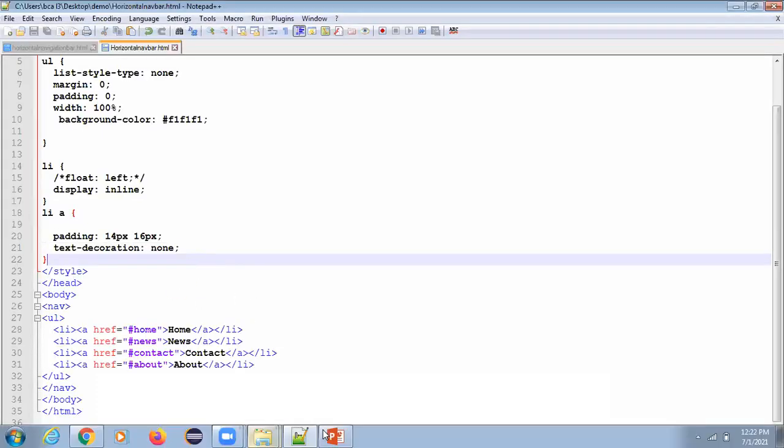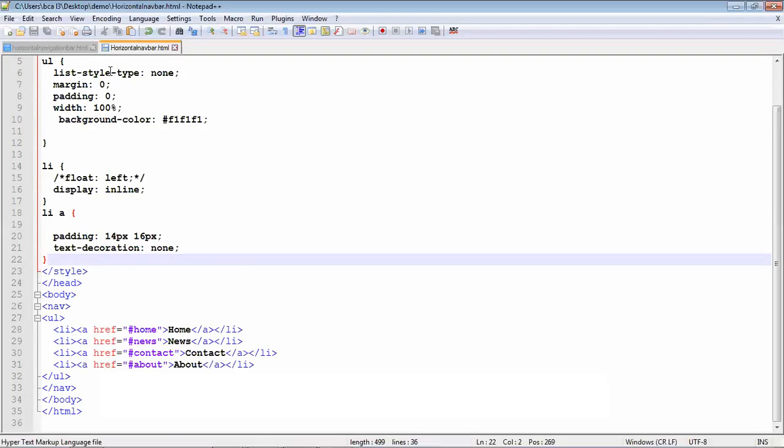Next we have to give hover. Hover is very important. Yesterday also we discussed it. When the user goes onto the menu, which menu is being selected is difficult to understand. You'll see the hand mark coming, but in the whole menu bar it is showing the hand mark, so it is difficult for the user to understand which menu is selected and which menu has to be clicked. So that's why you have to use hover. It will differentiate which menu is being selected.